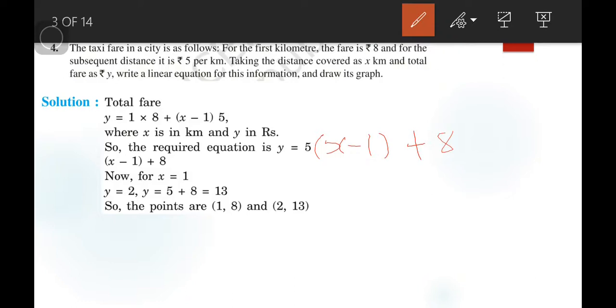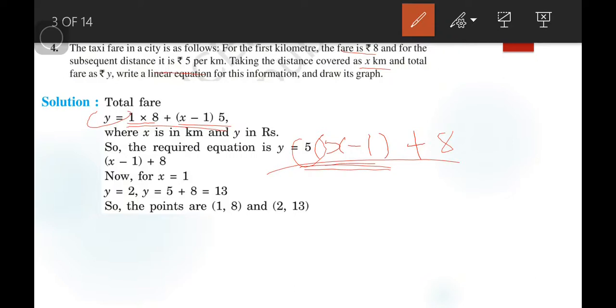आपको पता चला ना इक्वेशन कैसे मिला है हमने, क्योंकि जो टोटल डिस्टेंस कितना है x किलोमीटर है, उसमें से 1 किलोमीटर के हमने कितने दिए 8 रुपये, तो वो 8 रुपये यहाँ पे आ गए। अब बाकी बचा जो किलोमीटर है, मीन्स x किलोमीटर में से 1 किलोमीटर हम सब्सट्रैक्ट कर लेंगे, तो बाकी बचा जो किलोमीटर डिस्टेंस है उसके लिए हमने पर किलोमीटर 5 रुपीज़ पे किया। So we have to multiply it with 5, so we get x minus 1 into 5, and the total fare is y rupees. So we can find such an equation: y is equal to 5 into x minus 1 plus 8.